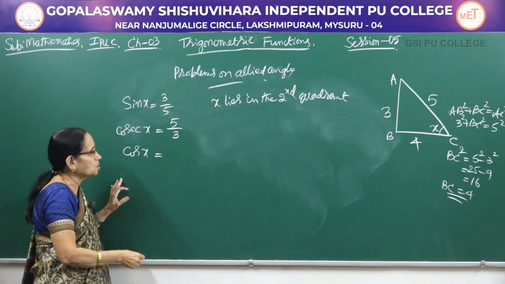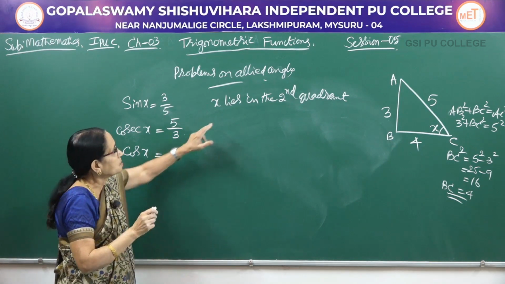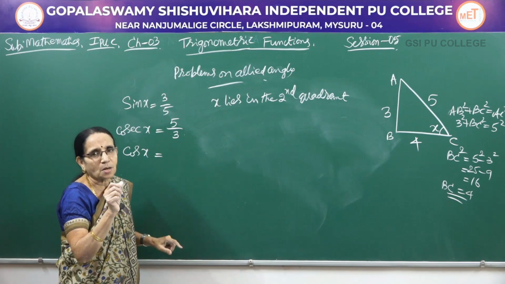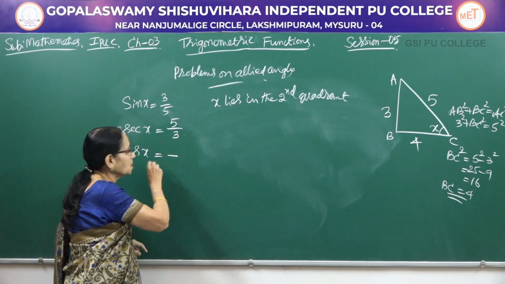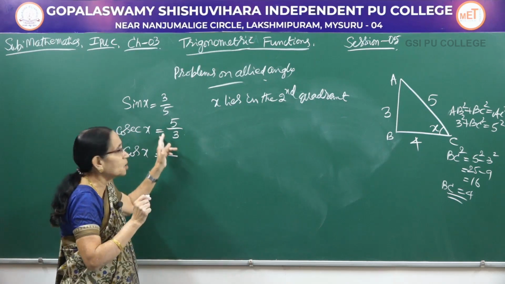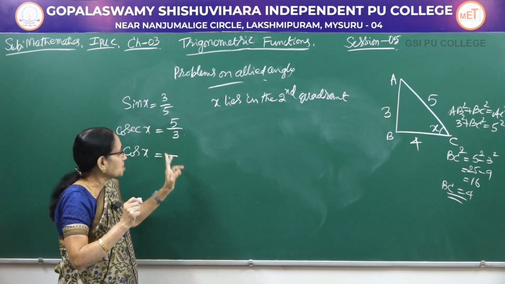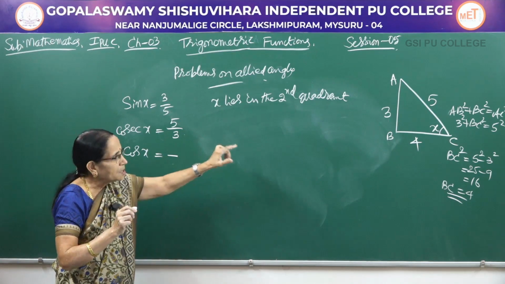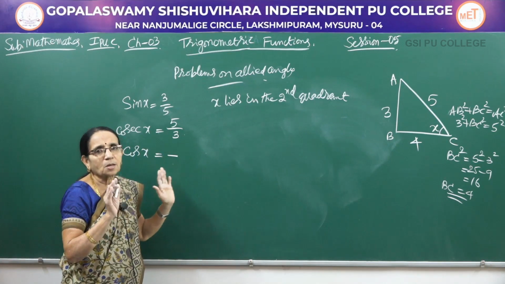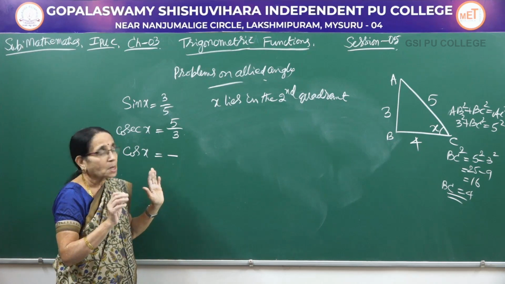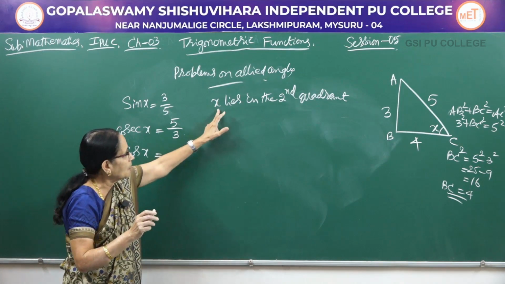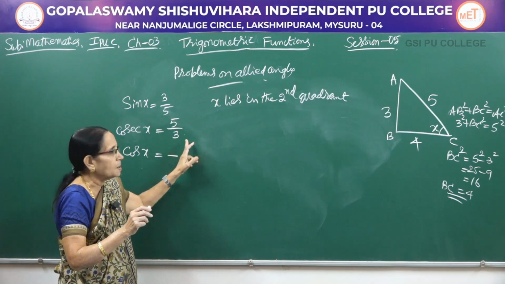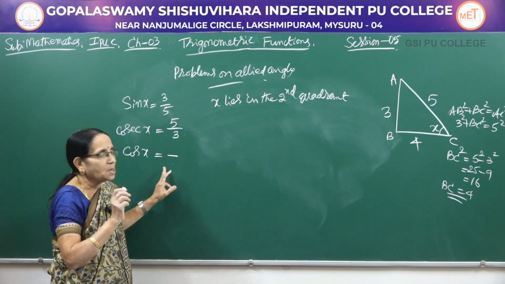Cos x would be equal to, now look here, which quadrant is x lying in? It is in the second quadrant. So first write the minus sign, because you know that only these two are positive in the second quadrant. That's why I am telling you not to write the sign there, it may be confusing. So in the diagram you write only the numerical value. Then, looking at the angle and the ratio, you decide about the sign. These two are positive, so all the remaining 4 would be negative.